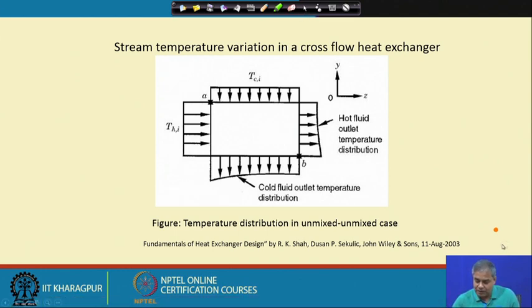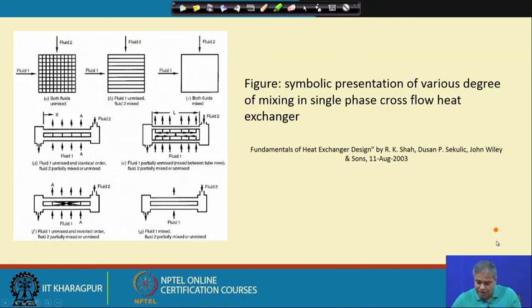So, let us go back to the next slide. Here we can see that when fluid 1 is coming out, it is sent to the other side of the heat exchanger, and from this end fluid 1 is sent to the front end of the heat exchanger. This is how we can reduce the temperature variation at the exit of the heat exchanger. And this is actually fluid 1 totally mixed, because there is no passage in between, and fluid 2 is partially mixed or unmixed.